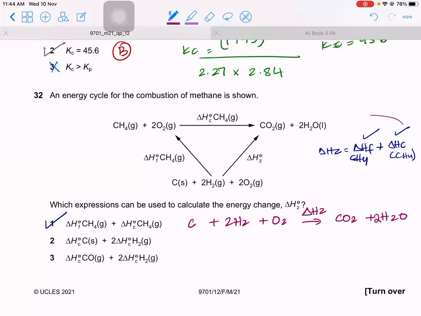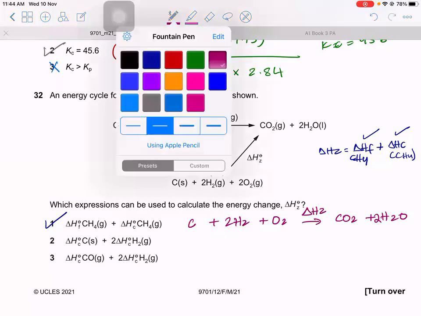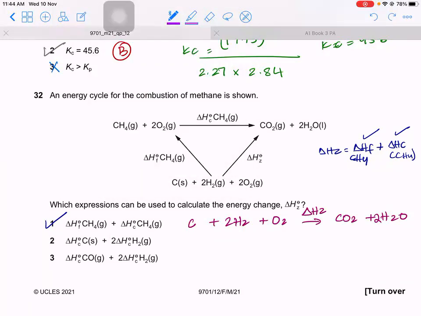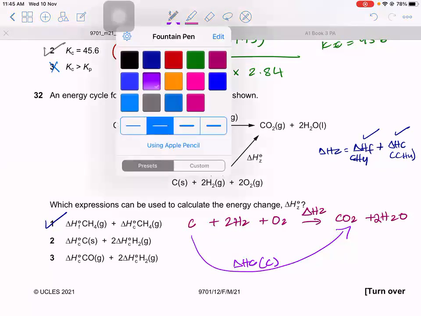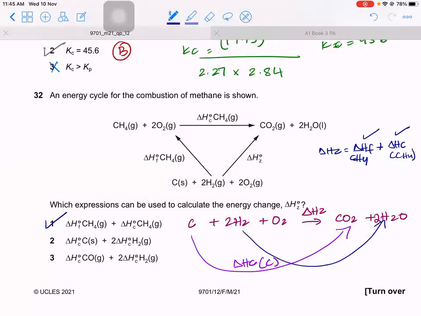One way was this, by the Hess cycle that they've given us. We figured one option is right. Let's see the second option. They are saying by combustion of carbon. So let's see. What does combustion of carbon give you? Combustion of carbon gives you carbon dioxide. And what does combustion of hydrogen give you? Water. Do you see combustion of carbon giving you carbon dioxide? Can I call this combustion of carbon? And you see right here, combustion of hydrogen times 2.